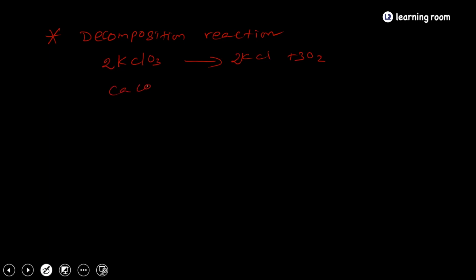That calcium carbonate, when you are heating, will give calcium oxide plus carbon dioxide. This is decomposition. What happened? One molecule of calcium carbonate converted into calcium oxide and carbon dioxide. So it is giving entirely different compounds, changing the structure, then it is called a decomposition reaction. And then